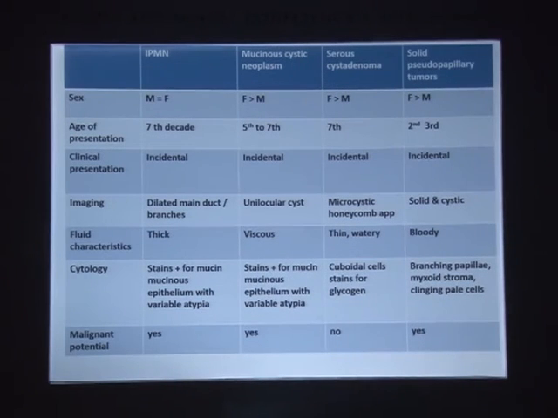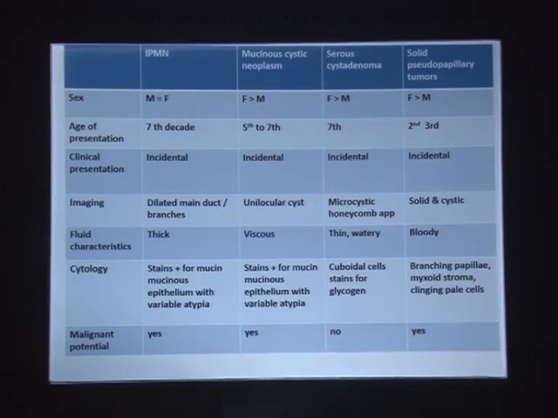So these cystic lesions of pancreas, mainly they are IPMN, mucinous cystic neoplasms, serous cystadenomas, solid pseudopapillary tumors or SPEN. They can be differentiated on radiology fairly well. So we need a perfect radiological correlation when we are interpreting cytology. On the fluid basis also, you can, to a large extent, tell. This thin watery fluid material we see in serous cystadenomas. Sometimes we see bloody aspirate in SPENs. And of course, cytology helps us.